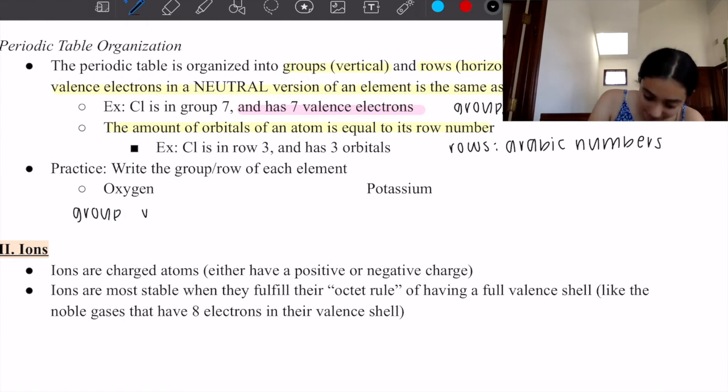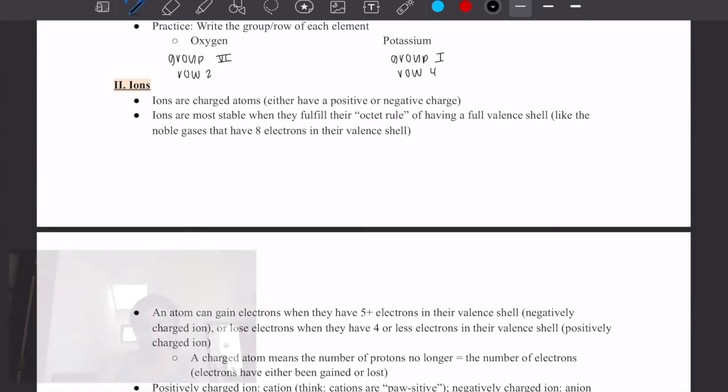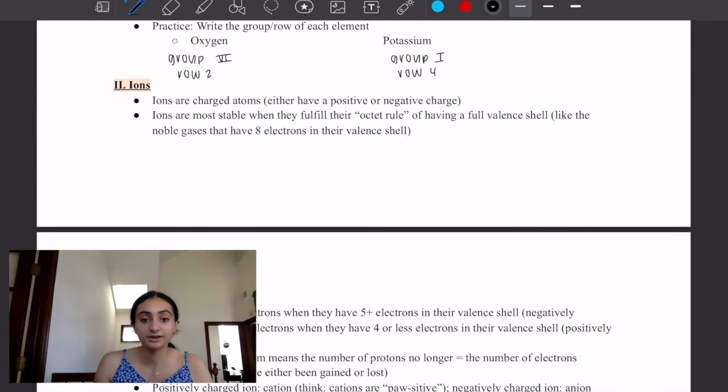Oxygen is in the 6th group, and it is in the 2nd row. Potassium is in the 1st group and the 4th row. Okay, so we are going to continue with a discussion of ions, and ions are basically